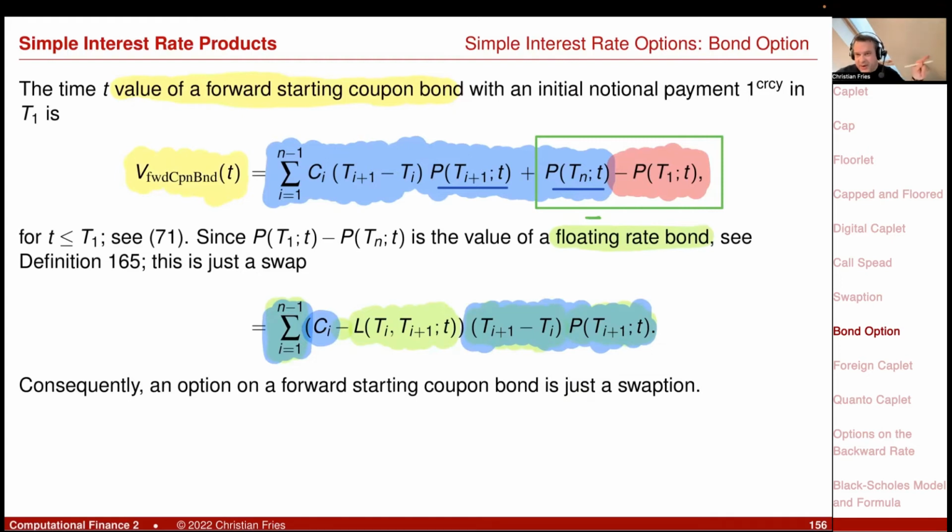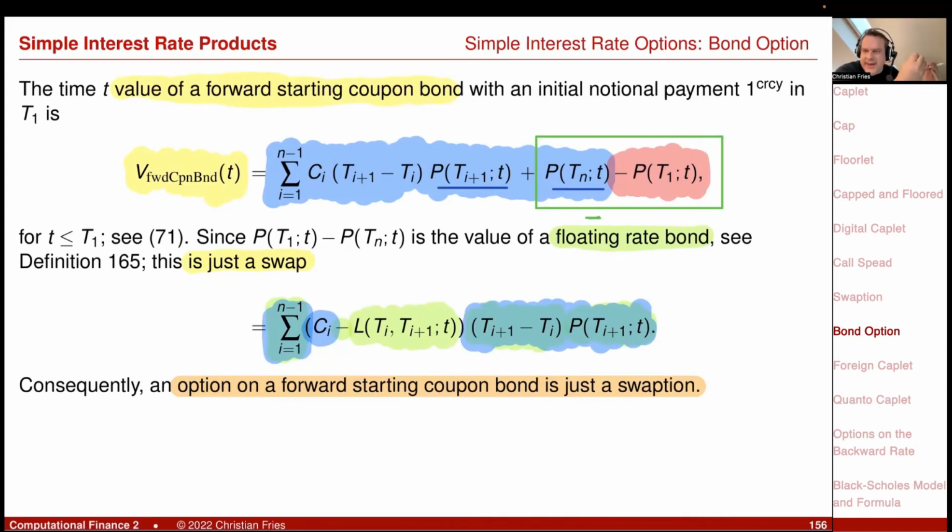So you see my yellow block is just the value of a swap, and hence I have that the option on the forward starting coupon bond is just a swaption. So an option on a bond is just actually a swaption. Put differently, the swap is just the financial product that converts a fixed coupon bond to a floating rate bond, which is something that maybe